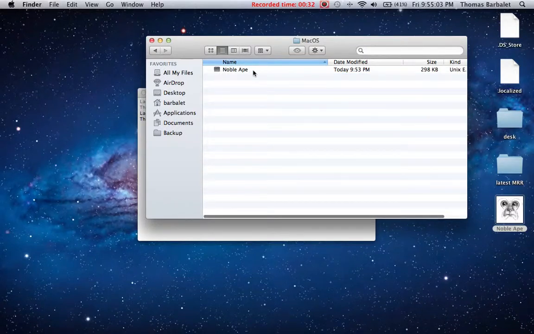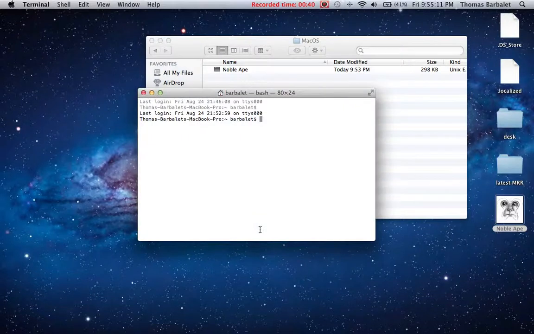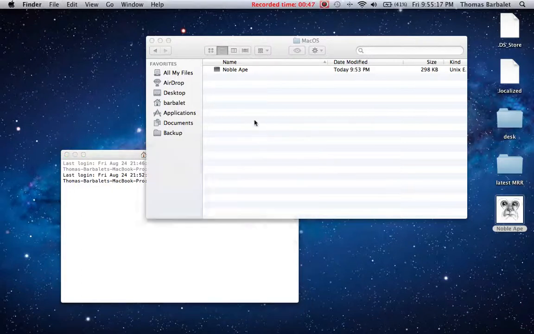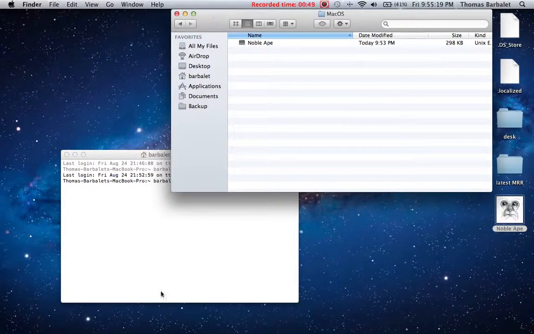Within it, however, and this is the same with all Mac applications, there's nothing particularly strange here, there is also a command line means of executing the program, which will normally just execute the program, but through a little hook, which I'll show you in a minute, you are able to actually run both the command line and the GUI version of Noble Ape. So, to start off, I'll just put that up there,